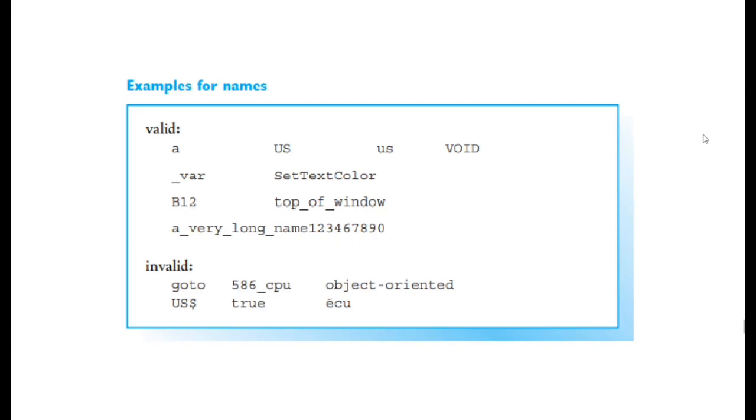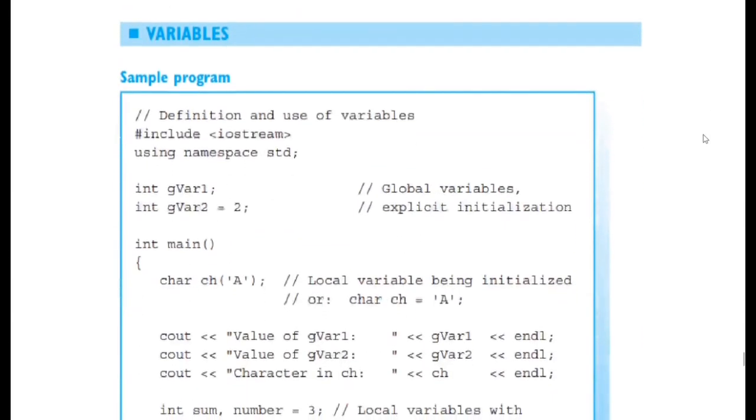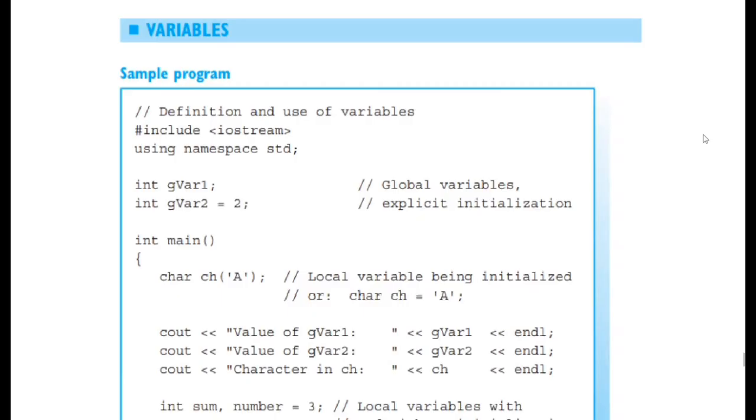Speaking of naming, something you'll be doing a lot of is naming variables. Now, what are variables? Variables are like constants in the sense that they are values that we can define throughout our program. The main difference is that with constants, you set that value early on and it can never change throughout the lifetime of that program. So from beginning to end, that value will remain the same.